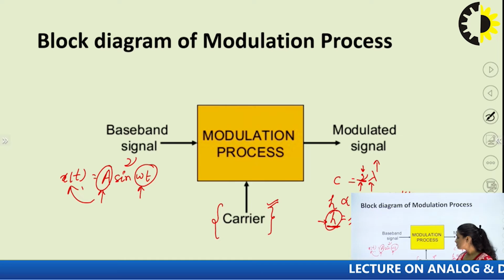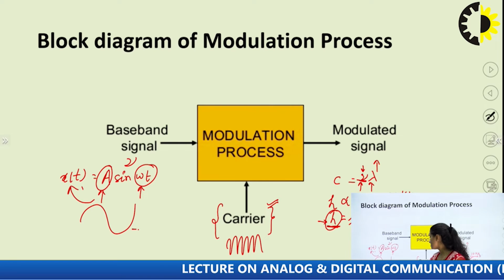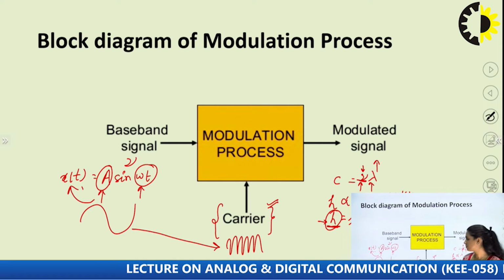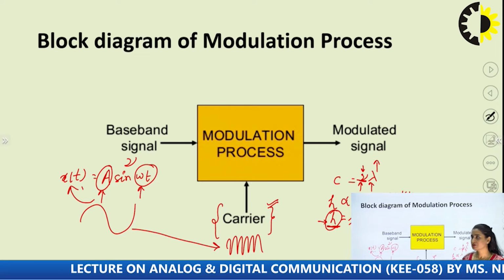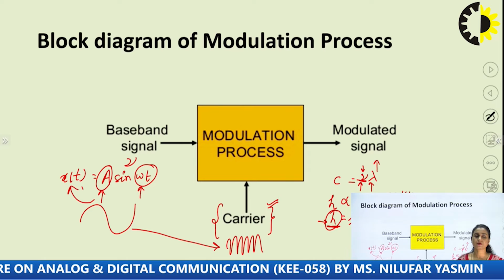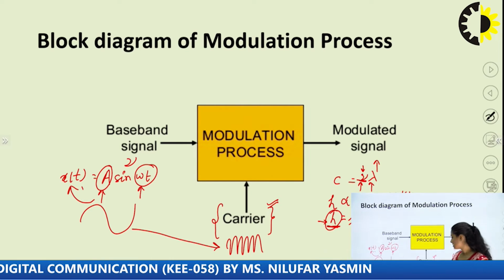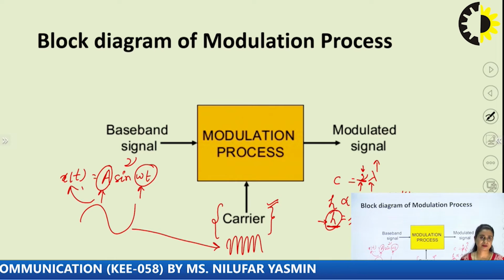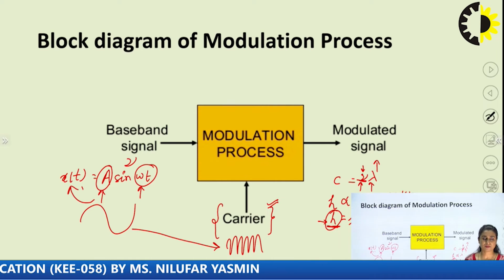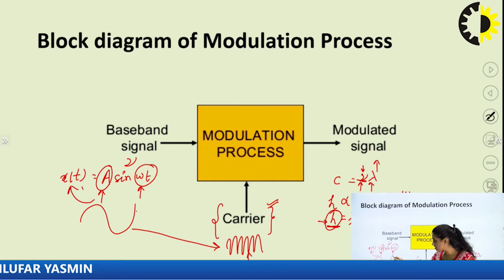However, I can use a high frequency signal. If this is my message, such frequency appears to be high frequency compared to that. So I will make my signal board this signal. In some books you may find the definition that it is superimposing the signal on it, but I will not preferably use that term. It is not superimposition. It is actually altering the characteristic of this high frequency carrier wave with respect to this,